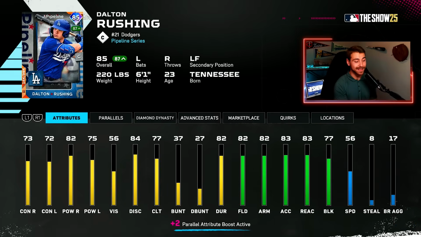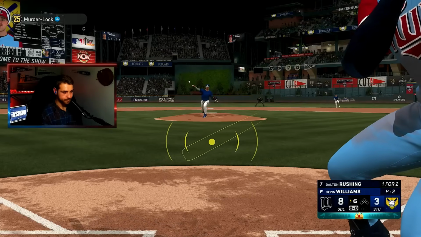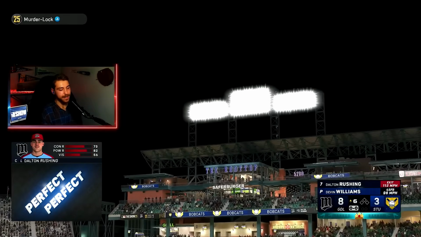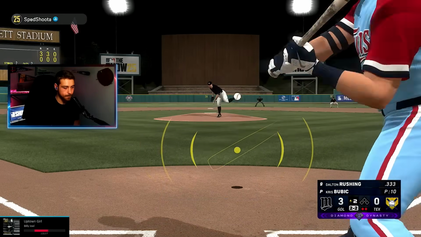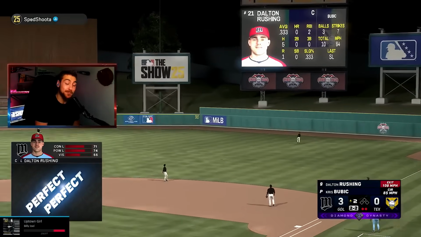Dom Rushing. There's not a lot of great catchers within the game right now. Rushing is pretty good defensively. He's pretty quick, and he's done well for me. About 1,000 OPS. We're sitting about 730, 750 in the rating right now, so he's played well, even at high